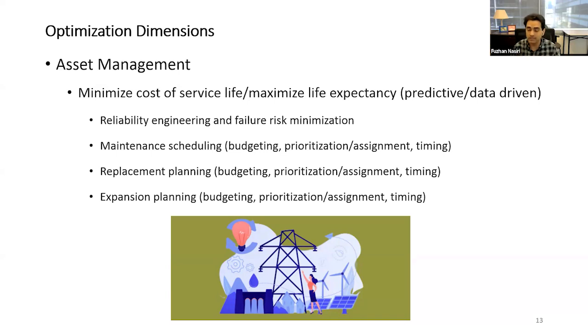Because either way, if you under-maintain, that is a risk to reliability. You're going to have shutdown, and if you over-maintain, that means excessive cost. And if there is a need for replacement, or a need for expansion, let's say more consumers are joining, population is growing, how is it going to be done, what technologies, from what angle the expansion is going to be done. So that is a kind of